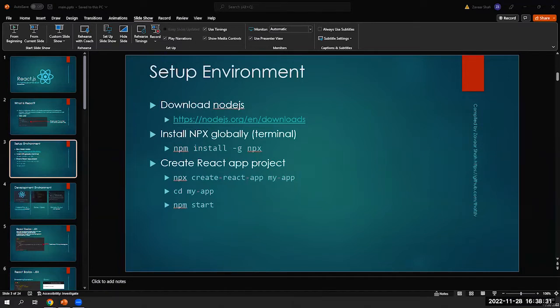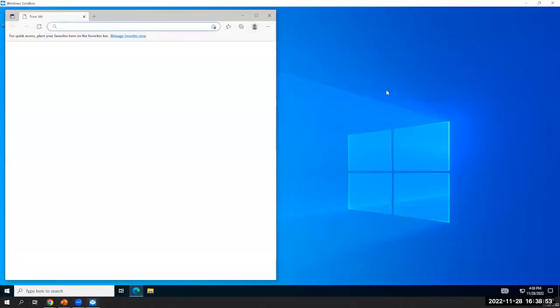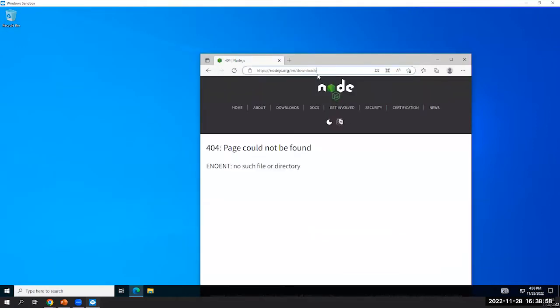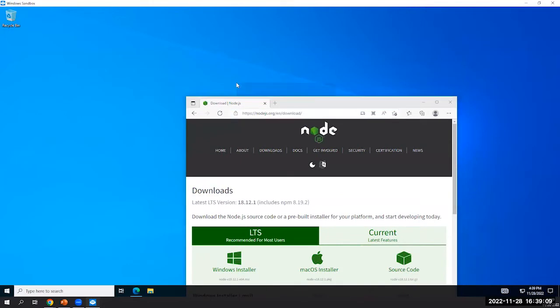Let me open up. Let's see. Okay, so for starters, if you don't have Node, you're going to want to install it. nodejs.org/downloads, I can send this in the chat right here. I'm just going to do this on a virtual machine because I already have it installed. So I'm going to go to that URL, and, oh, maybe it's download. Okay, I screwed that up. Let me change that. Good, I caught that. Okay, so you're going to go to this URL, the second one that I just gave you in the chat, and you're going to want to,